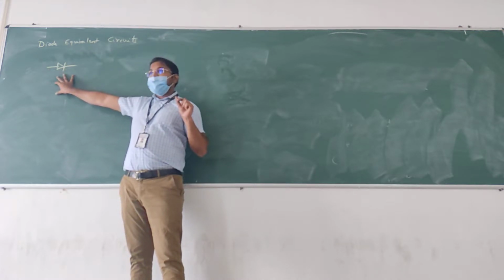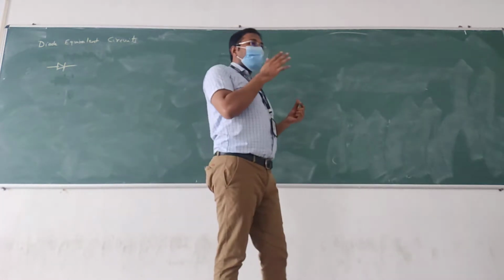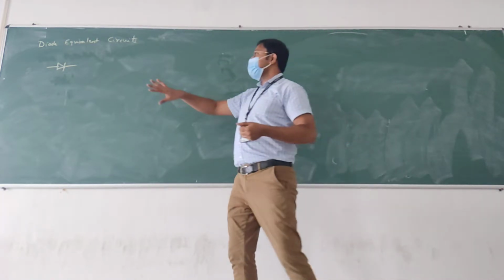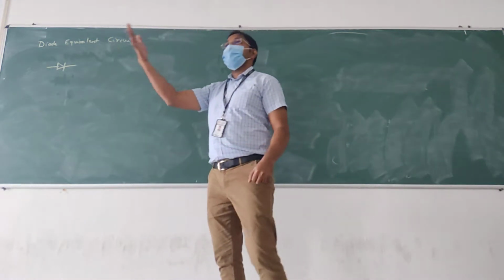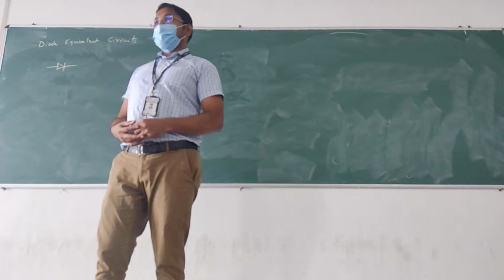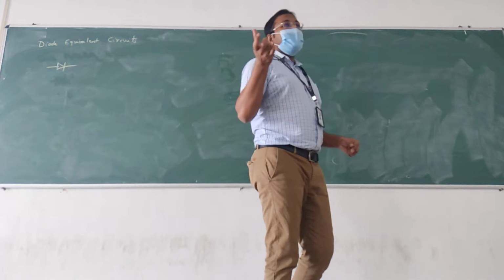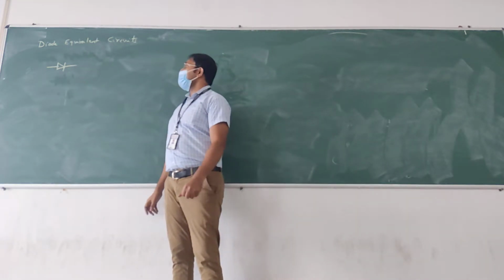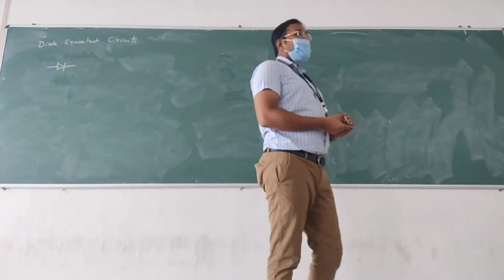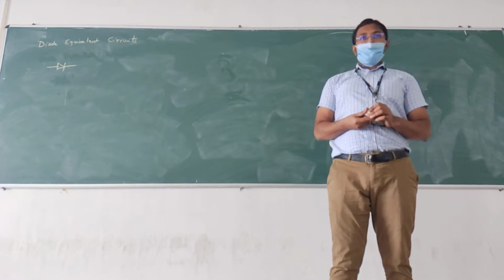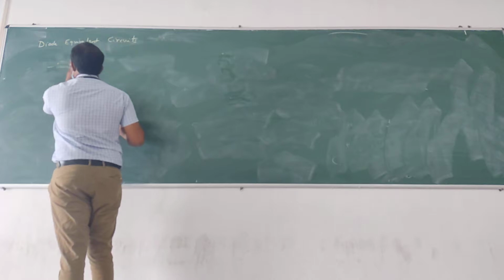Or if I have some resistance, I can find what is the current through that resistance, and from that we can apply the circuit laws, and we will solve the diode circuits, right? So it is important that we need to find what are the equivalent circuits for the diode. So what we will do here is we will start with the diode characteristics.